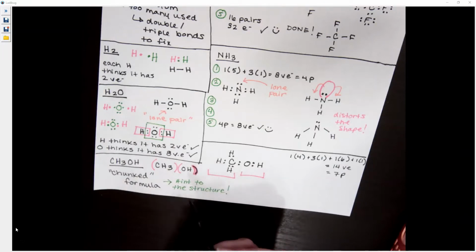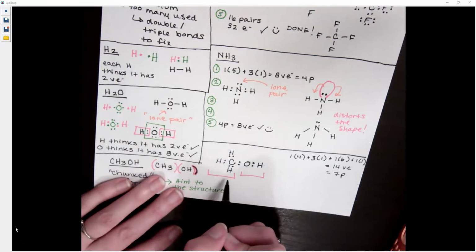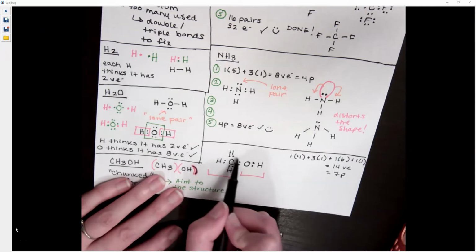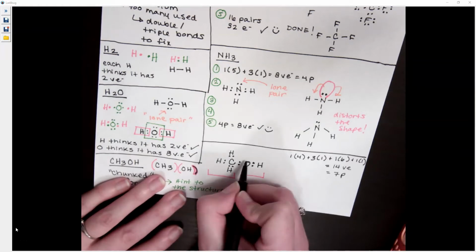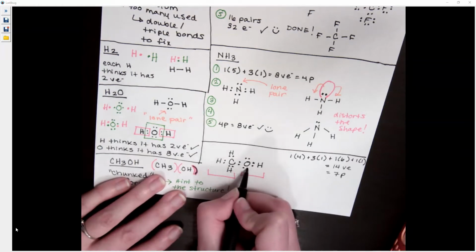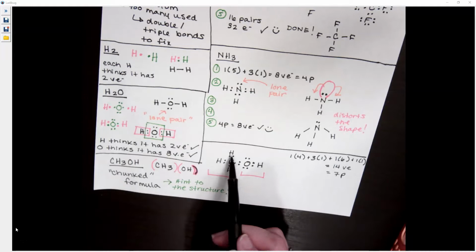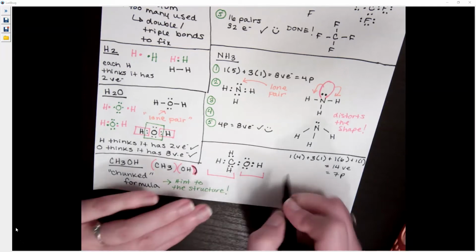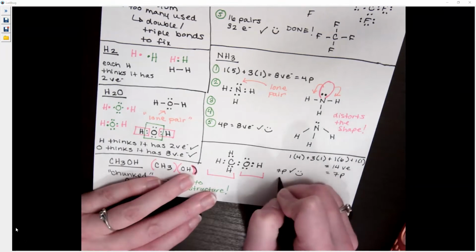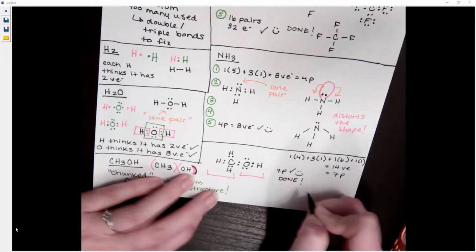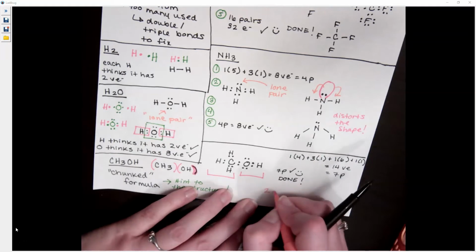Now my next step is to give everything a full shell. So hydrogens are already full with 2. This carbon is already full with 8, but this poor oxygen only feels like it has 4. So let's give it all the electrons at once. And now let's count and double check. I have 1, 2, 3, 4, 5, 6, 7 pairs, which is what I was supposed to have. So I'm all done. This molecule has 2 lone pairs